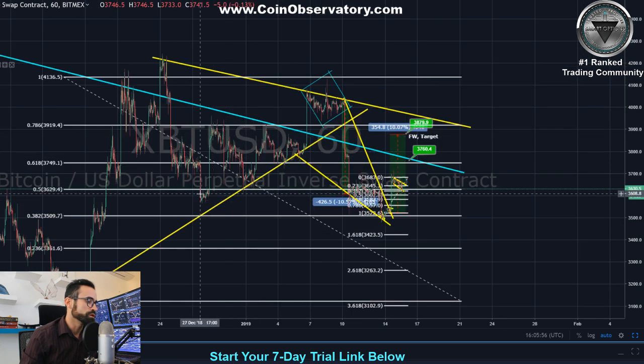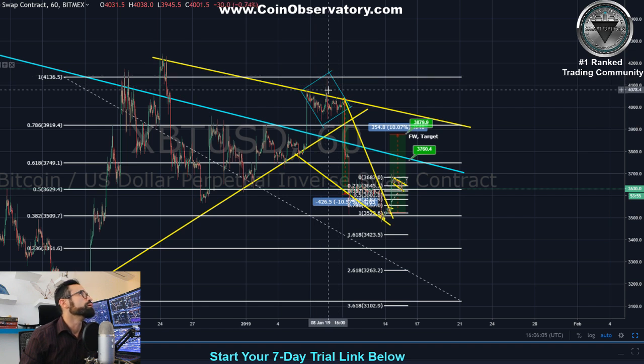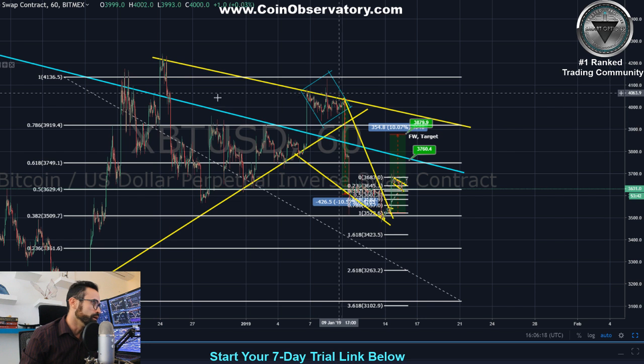We've seen several inverse head and shoulders pull back to that right shoulder, somewhat retest lows, and we also saw this diamond top formation here that I spoke about, and I also mentioned this in traditional assets. So we saw the SPY do this and pull back. We saw the QQQ do this and pull back a couple weeks ago. And when I saw this, I said, hey, it's probably a good time to hedge. I've seen this diamond top. It did pull back to the